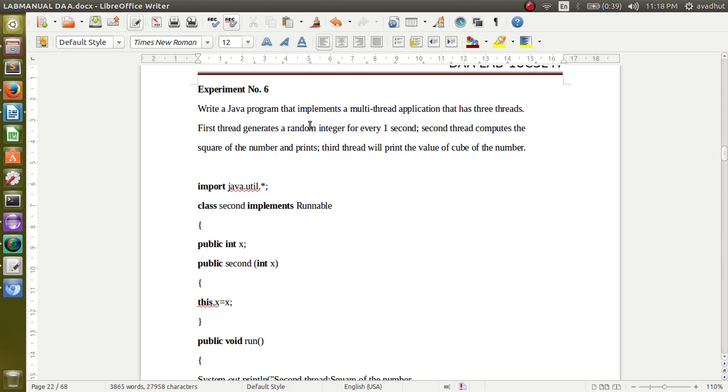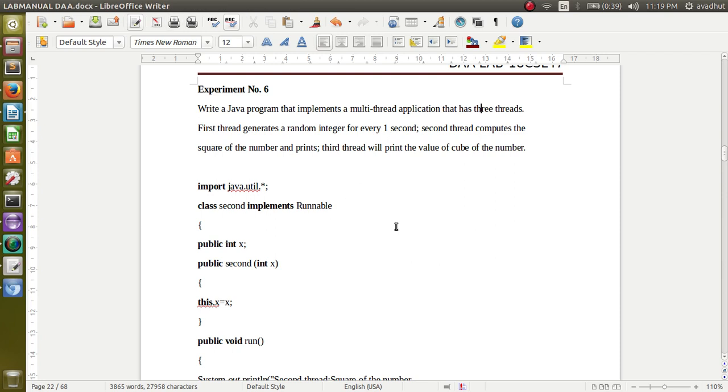This multi-threading concept you have already learnt in the operating system. A thread is the smallest unit of a program. Here a program is having 3 threads, separately specified, plus 1 thread for the main program. So here we are having 4 classes: first, second, third, and the main class. So totally 4 classes and 4 threads. How this multi-threading can be done, we will be seeing here.